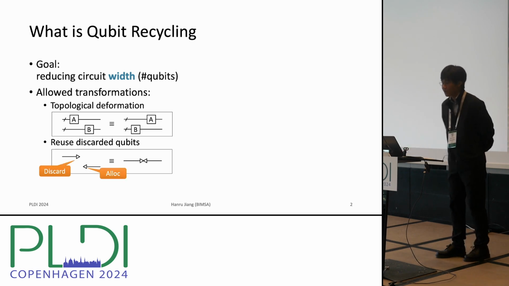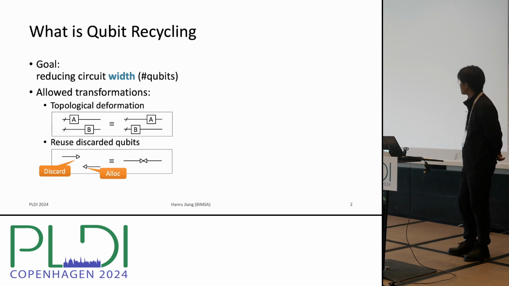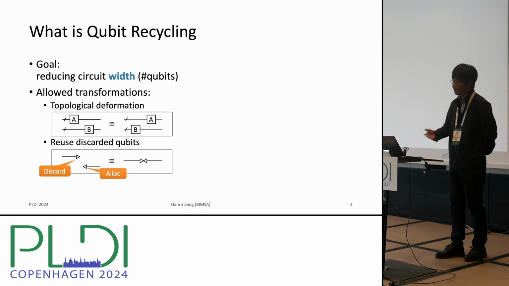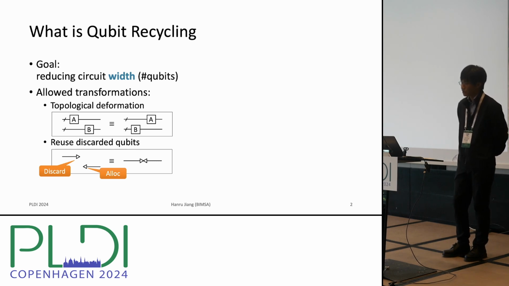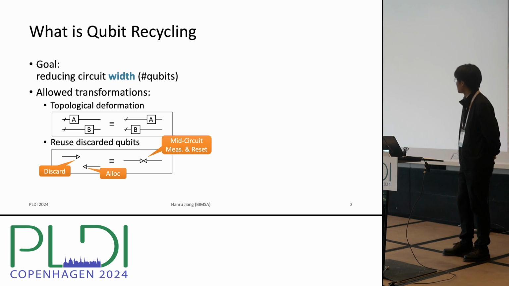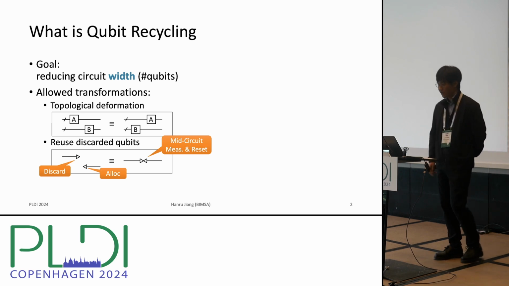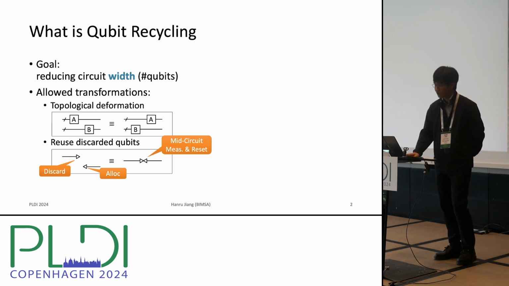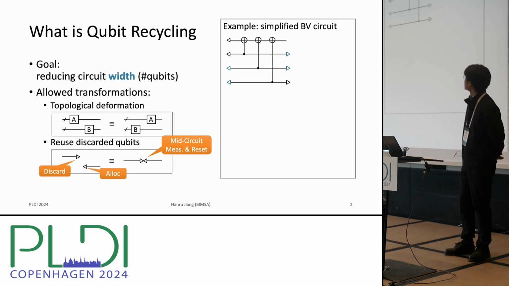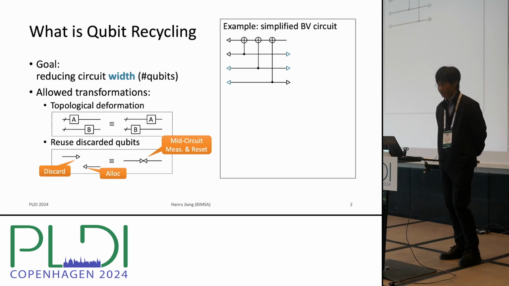Here we use the triangles to denote the allocation and discard gates. And if we find one discard precedes the allocation, we can reuse the qubit as a fresh one by resetting it. And the operation on the right-hand side is actually the mid-circuit measurement and reset, which is recently available in practical quantum devices. So let's take a simple example to illustrate how we reduce the circuit width using these two